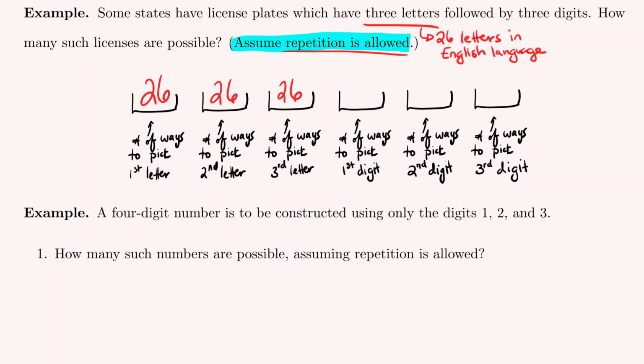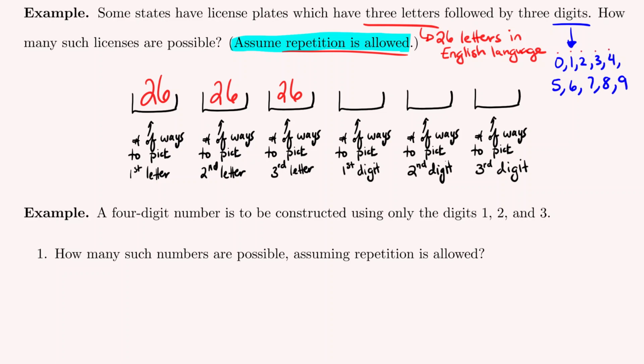That would be 26. Now we need to pick the first digit. Now, in some problems, they tell you particularly what digits you are allowed to choose from. And if that's the case, definitely look at those and then count how many options are available. But in this particular problem, they just said 3 digits. So unless specified otherwise, if they just tell you to pick from the digits, you're to assume that you could pick from the digits 0, 1, 2, 3, 4, 5, 6, 7, 8, 9, and that is in total